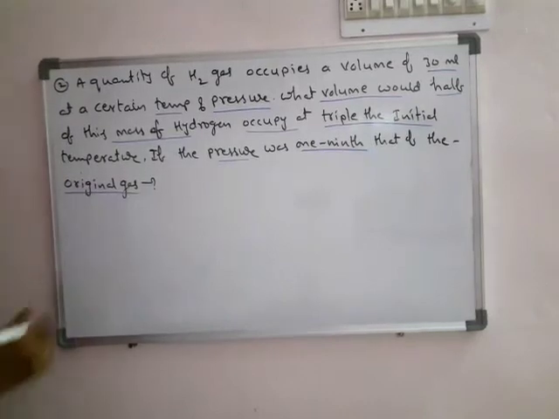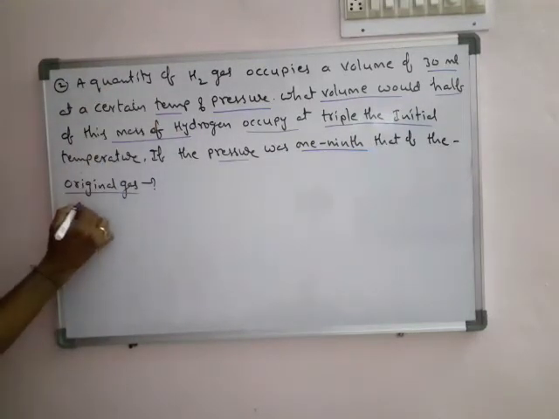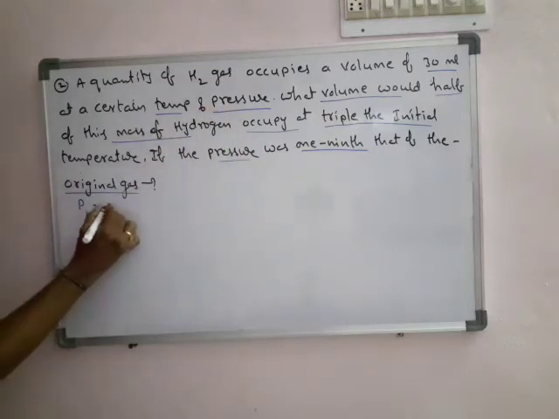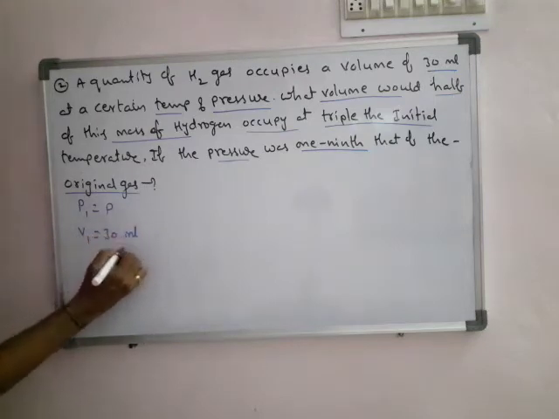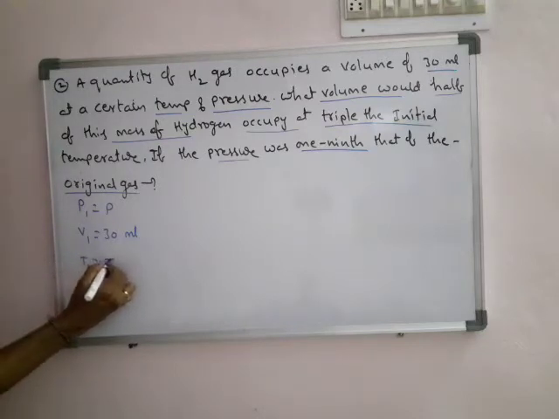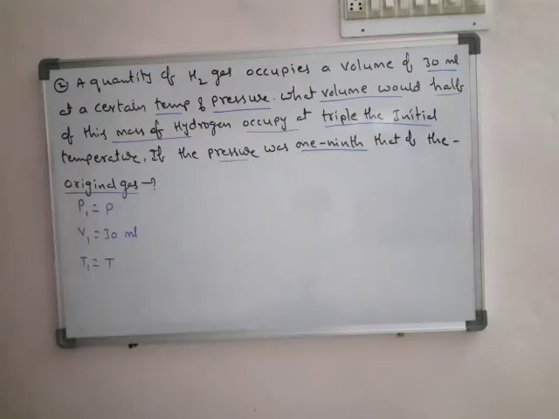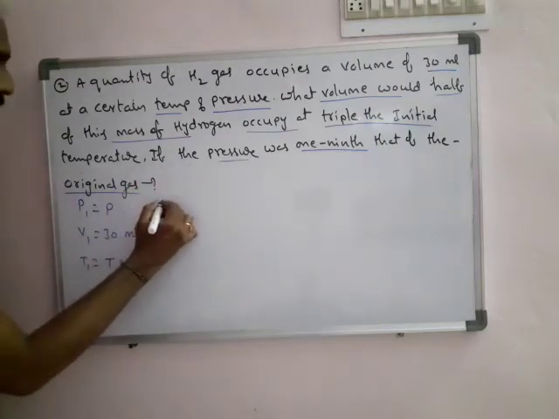Okay, see the given conditions at the initial position. What is the condition? P1 is not given, say it is some pressure P. What is the volume? It becomes 30 milliliter. Okay, what is the temperature? It is not mentioned, just take it as T. Okay, then we need to do what